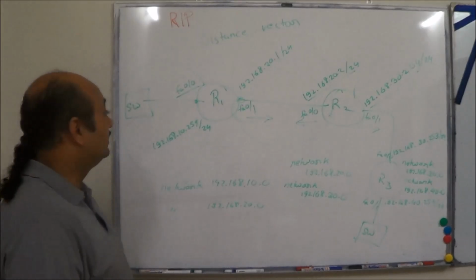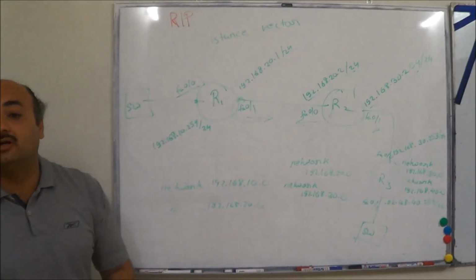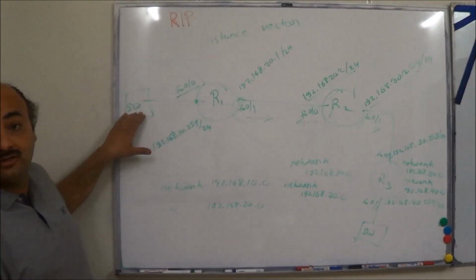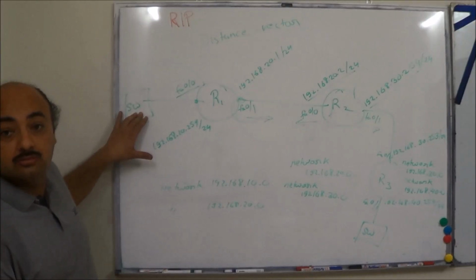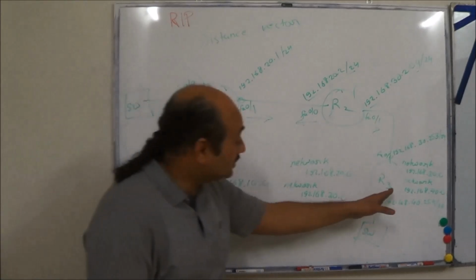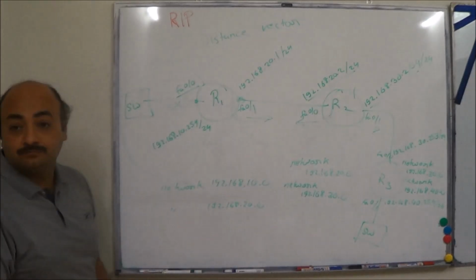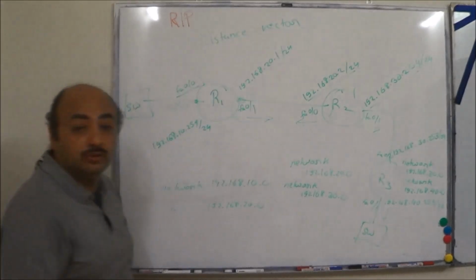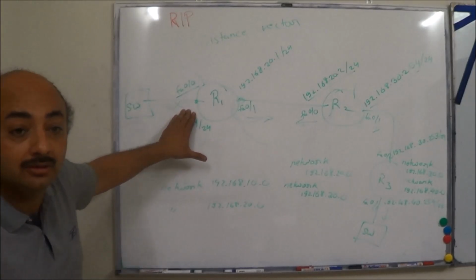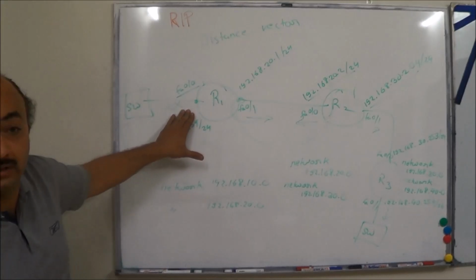Now the other thing that I want to say is this is perfectly fine: router 1, router 2, router 3. They want to share the routing information. But does it make sense for us to be sending routing information here? There is no router here, so it doesn't make sense to send any routing information here, because you are wasting the bandwidth. So under the RIP configuration we declare these interfaces to be passive, the ones on which there is no router connected.